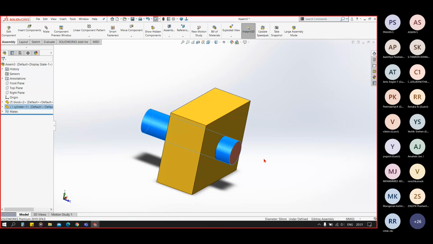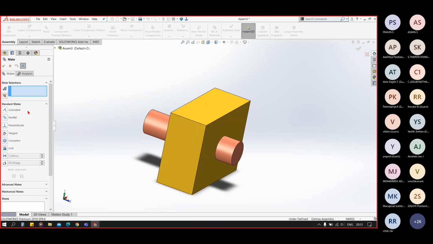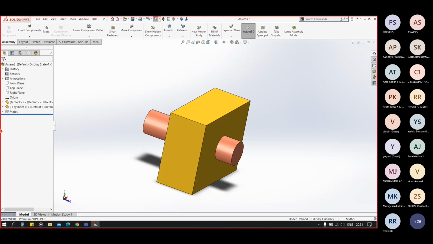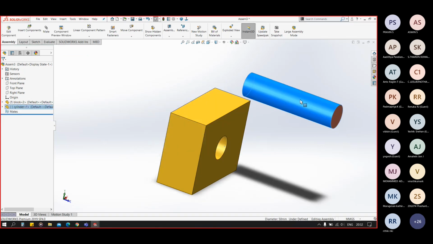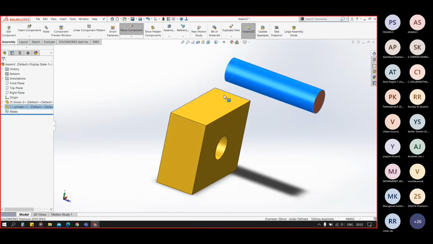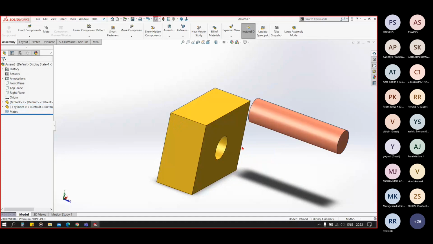Now we will be fixing this rotation by using the further mates. Now we will see coincident, parallel, perpendicular, tangent, unlock one by one. So now you can go to mates here and you can adjust, delete, move, copy them from here. So I am currently deleting the concentric mate. Now you can see when I deleted concentric mate, I can freely move it.